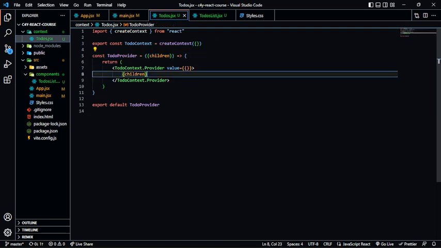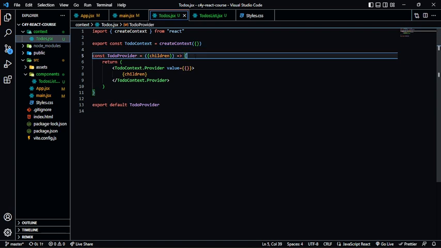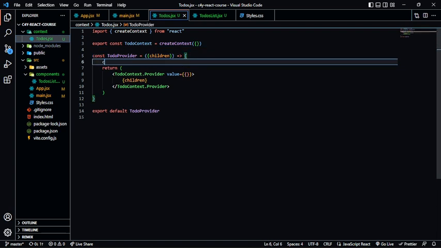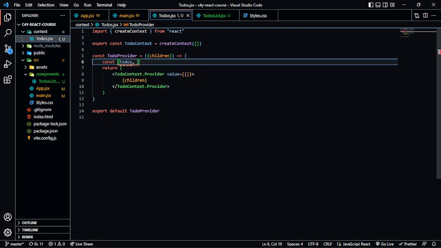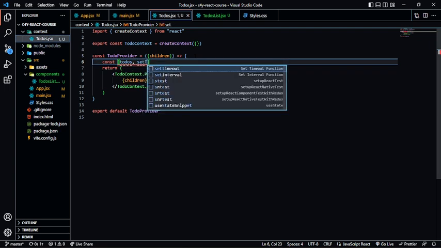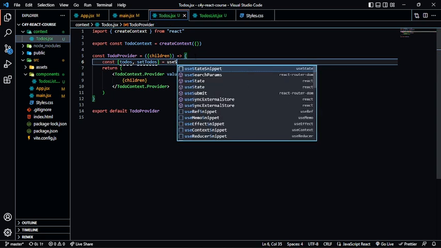Object destructure, I'm having the children here. So yeah, let's work on our to do. Basically, I just want to do some dummy data first before we actually start interacting with our data. So I'll do a const, I'll use state: todos, setTodos is equal to useState,